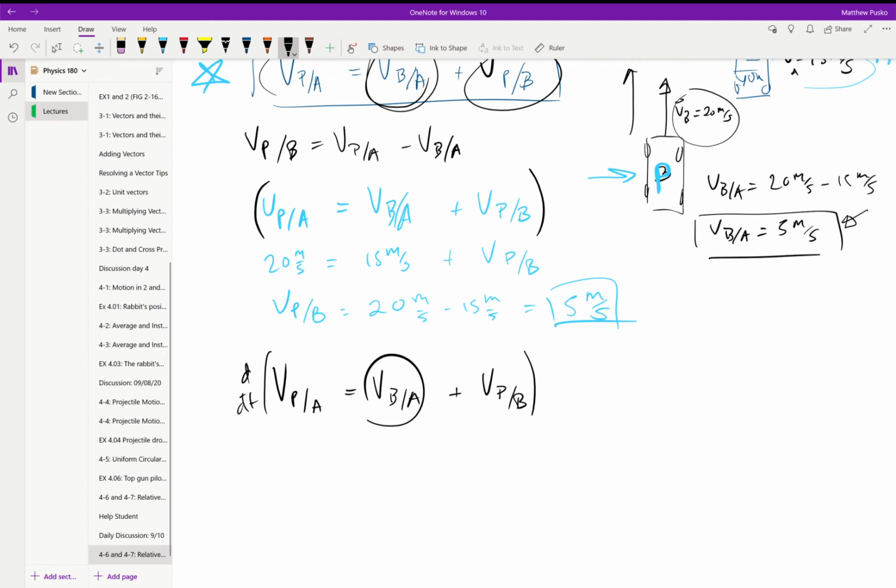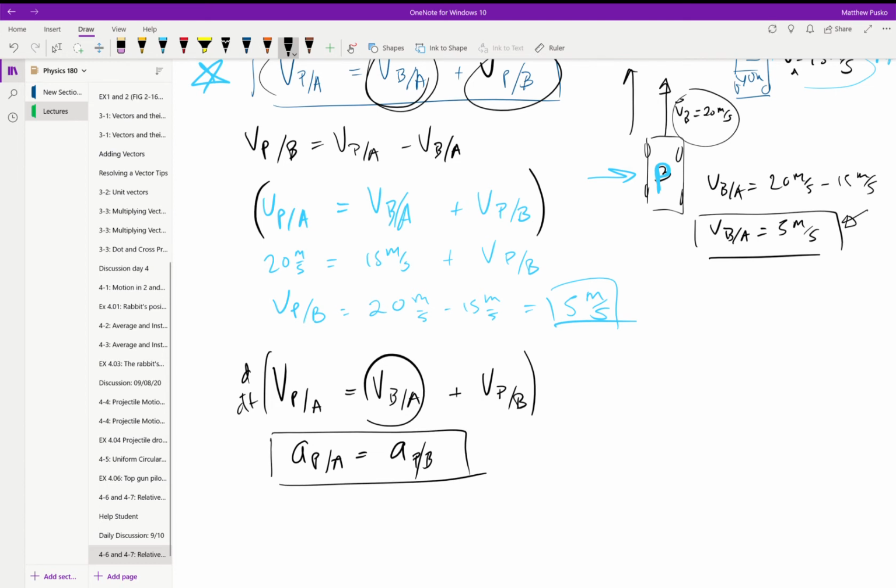This ends up giving us an acceleration of P with respect to A being only equal to the acceleration of P with respect to B. So this has to do with inertial reference frames, and I'll go over this some more,